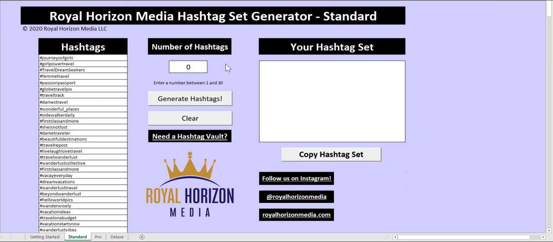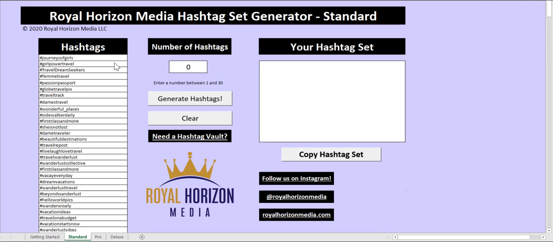And now we'll get into our different generator types. As previously mentioned, this is our standard hashtag set generator, which is our base model. This generator is best for users who only want to have one group of hashtags to pull from for their hashtag set.